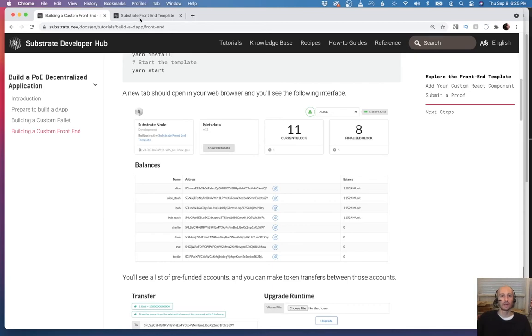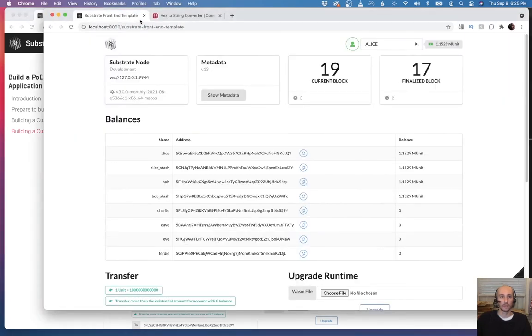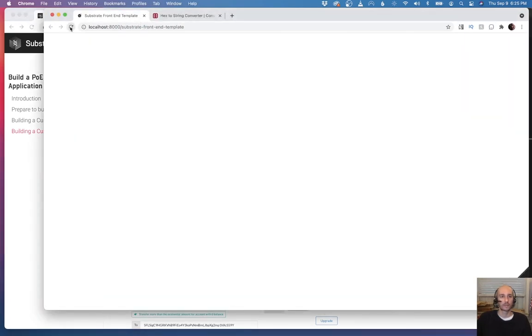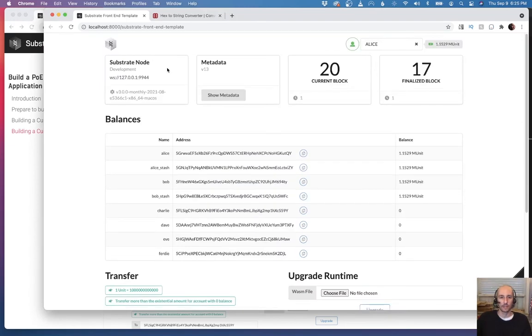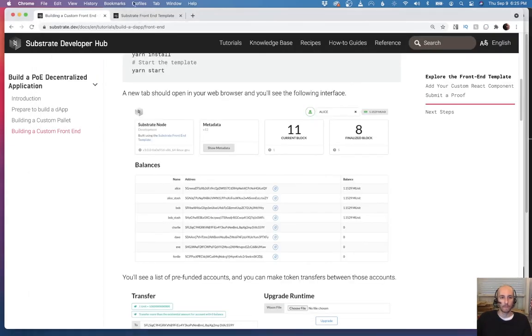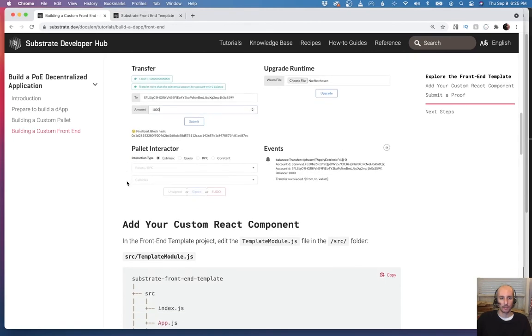And while we're waiting for the front end to start. Oh, I closed the window, didn't I? No. There it is. So that's running just like they say. Now,